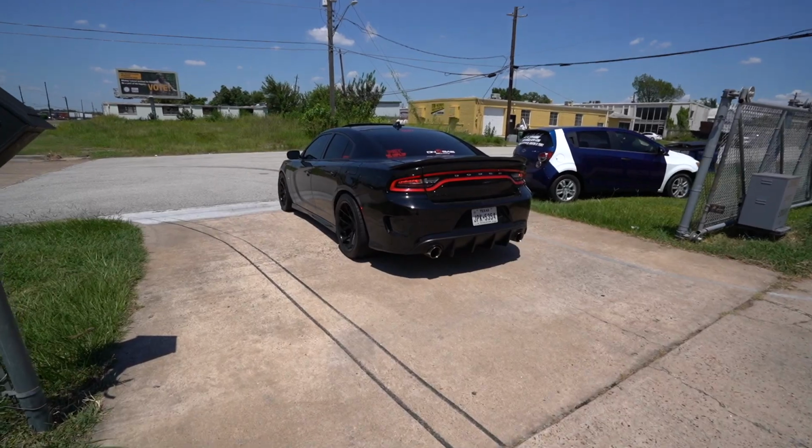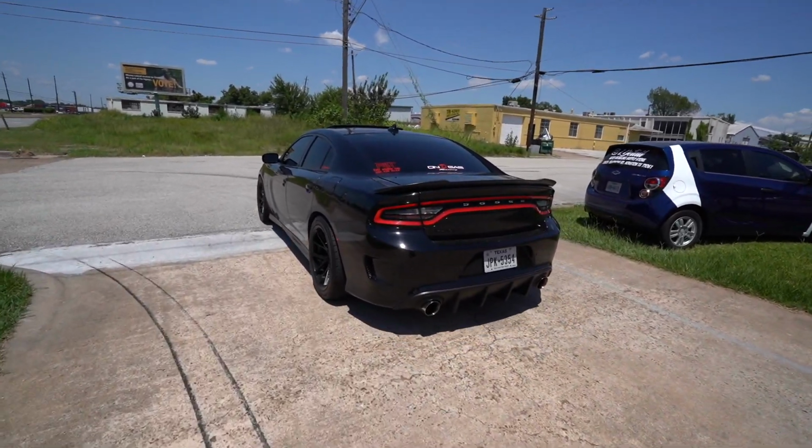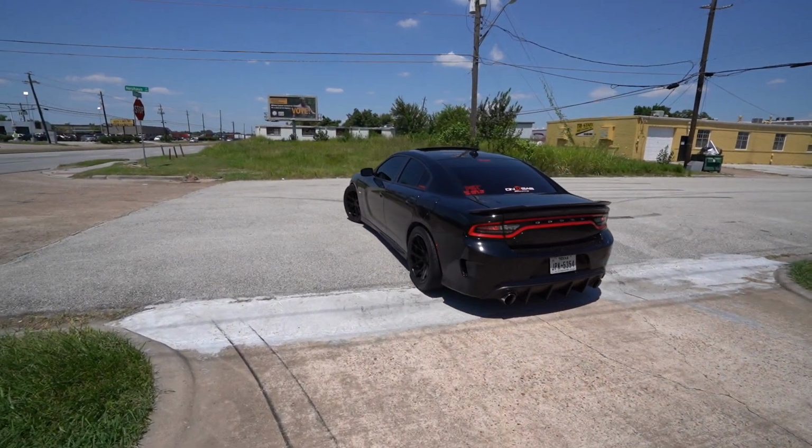This is the car that we did a one-step polish. Pretty dirty, but